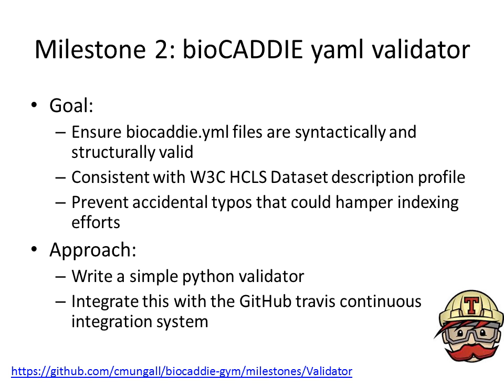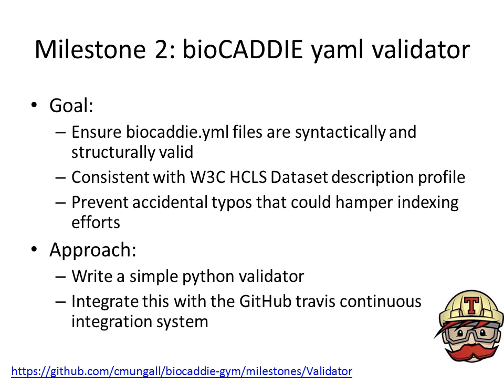The idea is to validate the files as soon as any changes are pushed. And this is a common practice now with software development and continuous integration and unit tests. And so this is where the GitHub Travis CI system comes in. And what we can essentially do is define a Travis YAML file that sits in the GitHub repository.